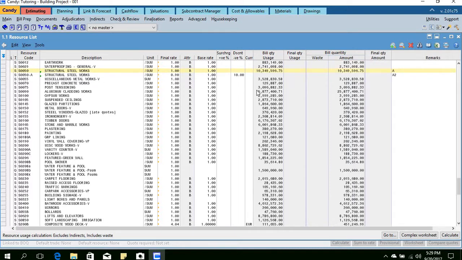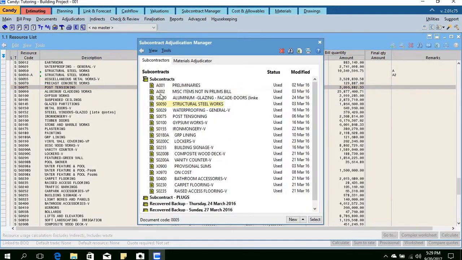Notice that the amount transferred is 10.34 million and 10.34 million, which is without any discount. I'll delete this one to avoid any confusion. So 10.34 million in the bill quantity usage, and this is the amount which will actually appear in the trade summary sheet, which is 10.349 million. So go back to the adjudicator